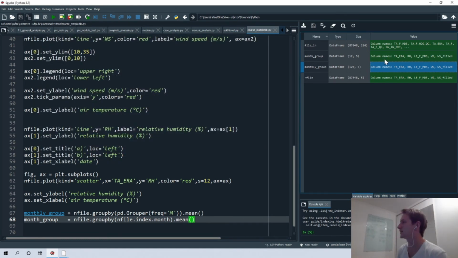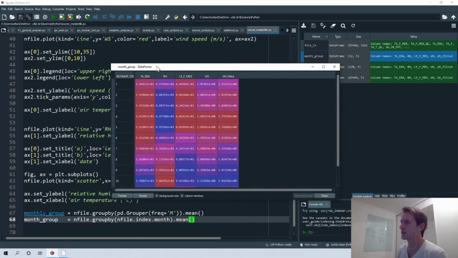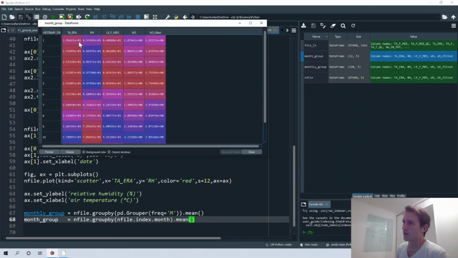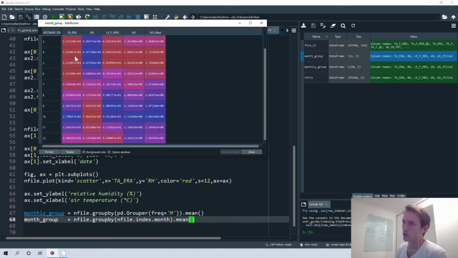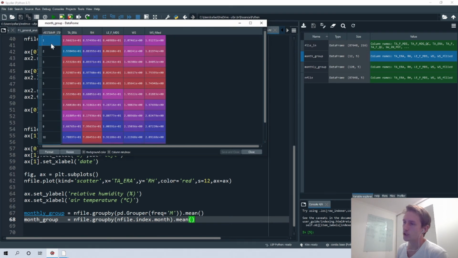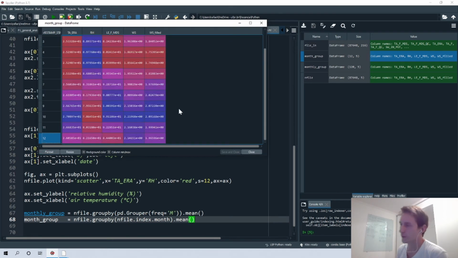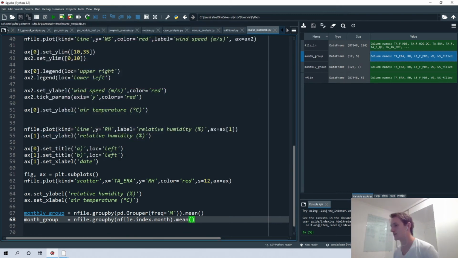And the second data frame that you obtained is the average for each month. So for example, for all years, we have January, February, and the average of that month during different years. So this varies from January to December. Okay, so this is the difference between both data frames.